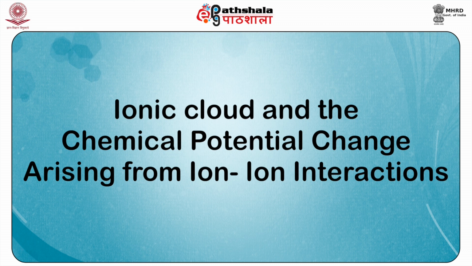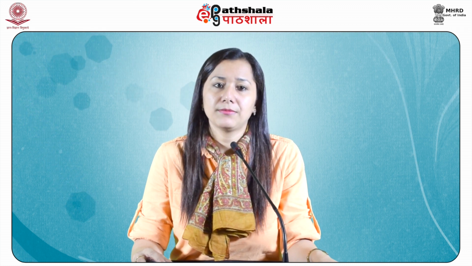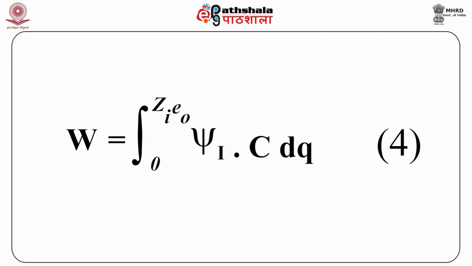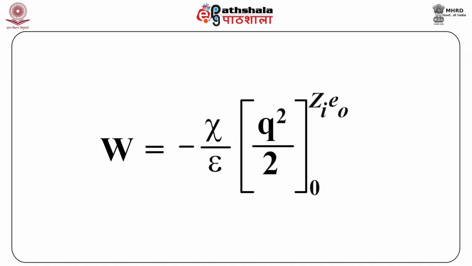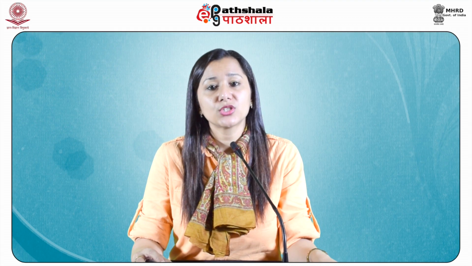Now, we shall discuss the ionic cloud and the chemical potential change arising from ion-ion interactions. The free energy associated with the additional potential arising from the ionic atmosphere is equal to the work required for charging the ions from the initial state of 0 to the final state of ZiE0, which is obtained by integrating the second term in equation 3 from 0 charge to full charge, that is ZiE0. Thus, we have, applying the limits, we get equation 5 as, substituting equation 5 in equation 1, we get